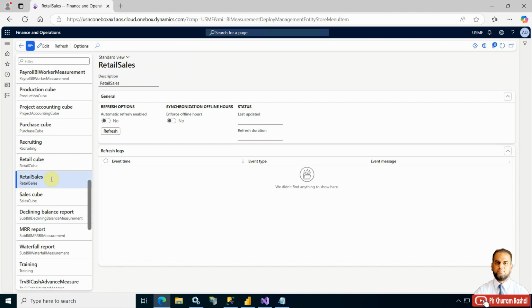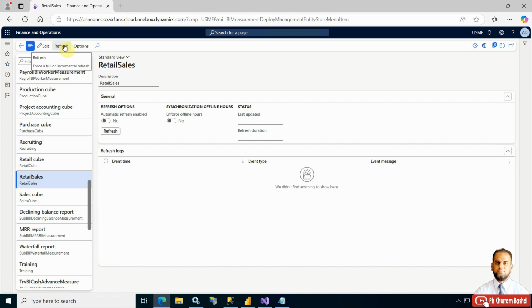Views are just like a query which combines multiple tables in order to show you data from different tables. So those are called views, for the new developers. To start with, I will select this measurement, and then I just need to click this refresh option to refresh the data